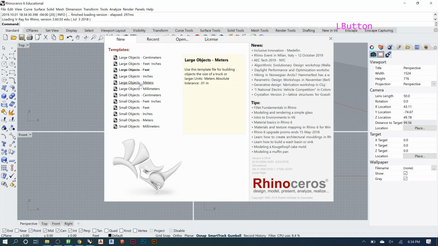And then the other part is the difference between large and small objects is the tolerance. So notice that here it says it's a 0.01 absolute tolerance right here. If you do small object, it's going to be a tolerance of 0.001. It doesn't sound like a big difference, but it's a huge difference when it comes to modeling. So if you accidentally start a small object, you're going to have way more. Whenever you try and do a command, it's going to go to way more decimal places, because